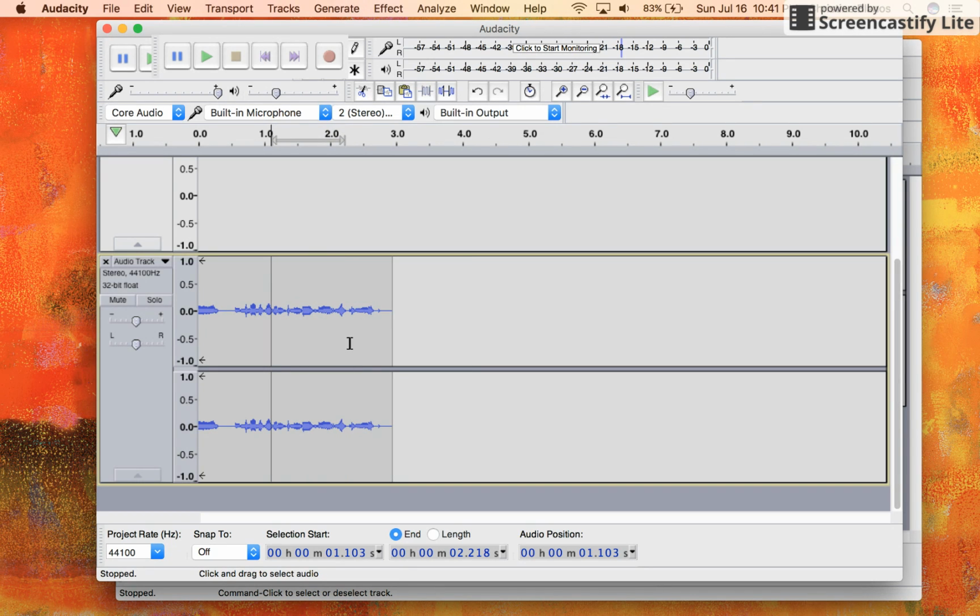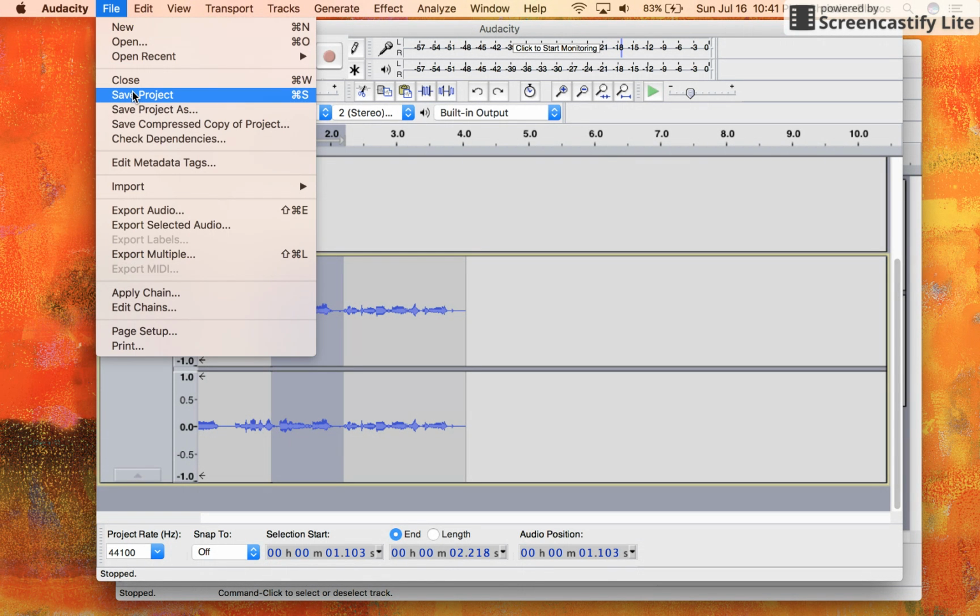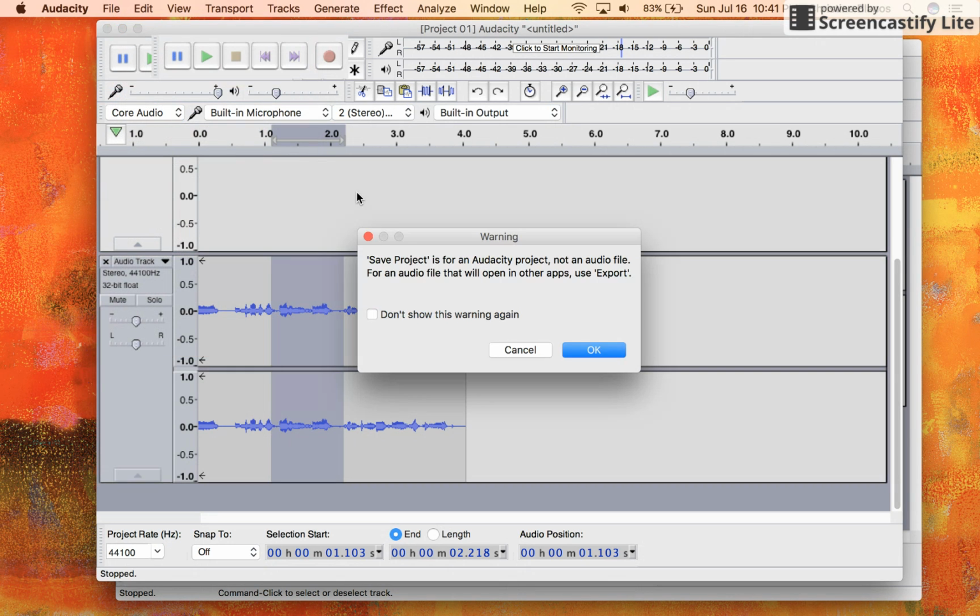The thing about cutting and pasting is if I wanted to have my original, I would need to undo that cut and first save the project. So when you save it, you're not actually saving it as an audio file, you're saving it to use in this tool. So you would save two versions of it.